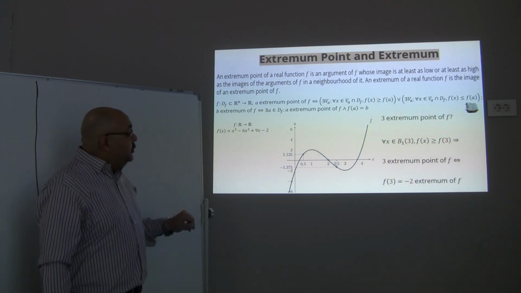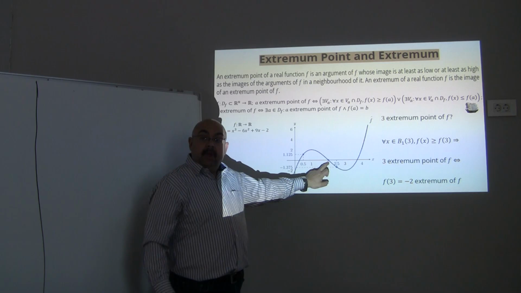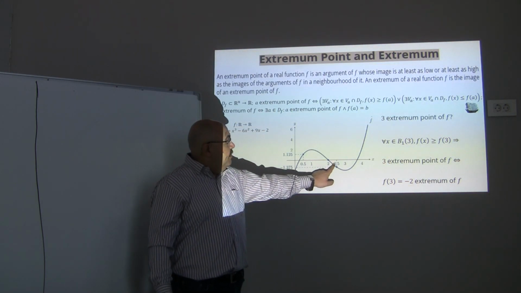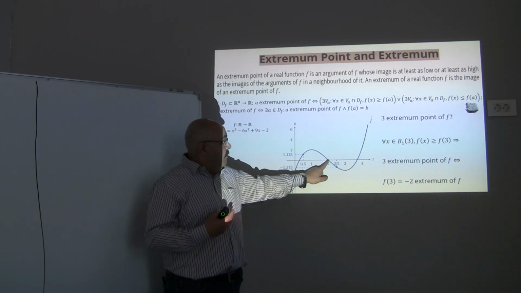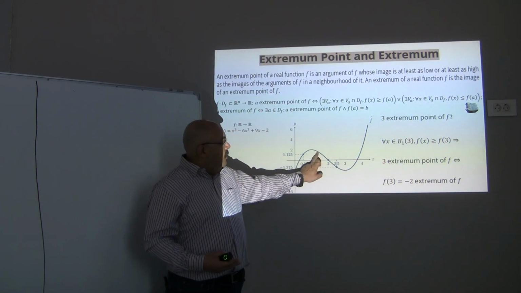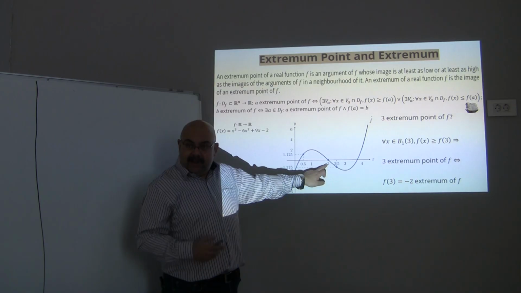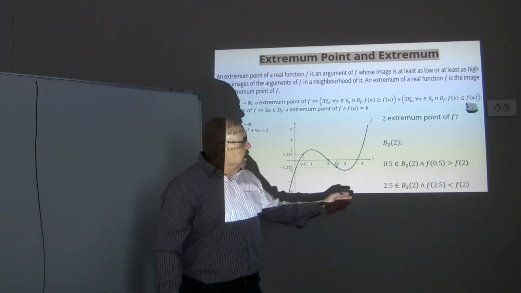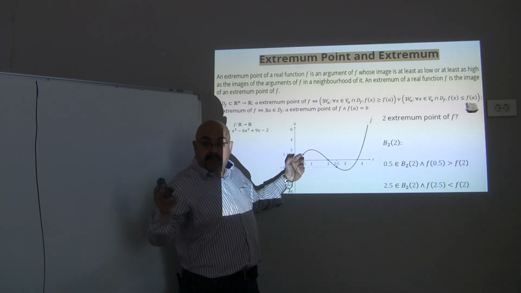Okay. If I take any values around the point 2, if you are from the right, then the values of the function are less than the value at 2. And if you are from the left side, the values will be greater than the value of f of 2. So actually in this case, 2 represents a saddle point. See, if I took 0.5 for example, the value of the function